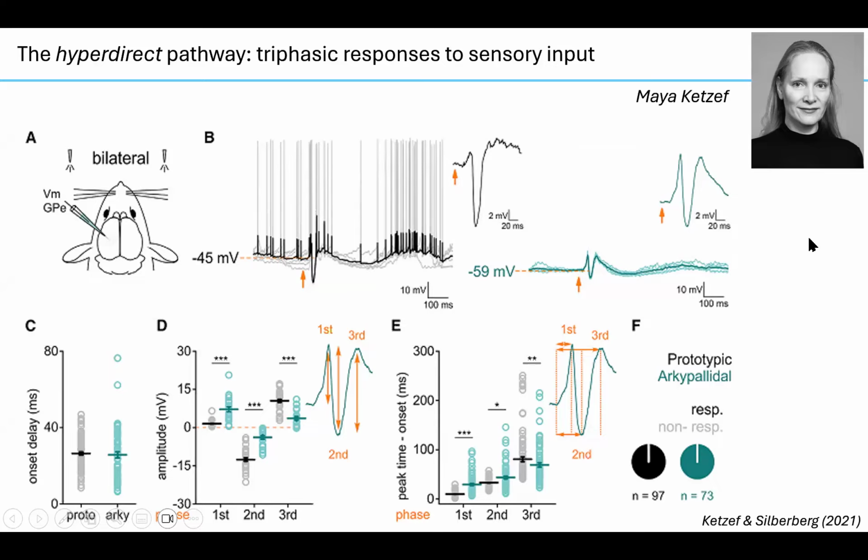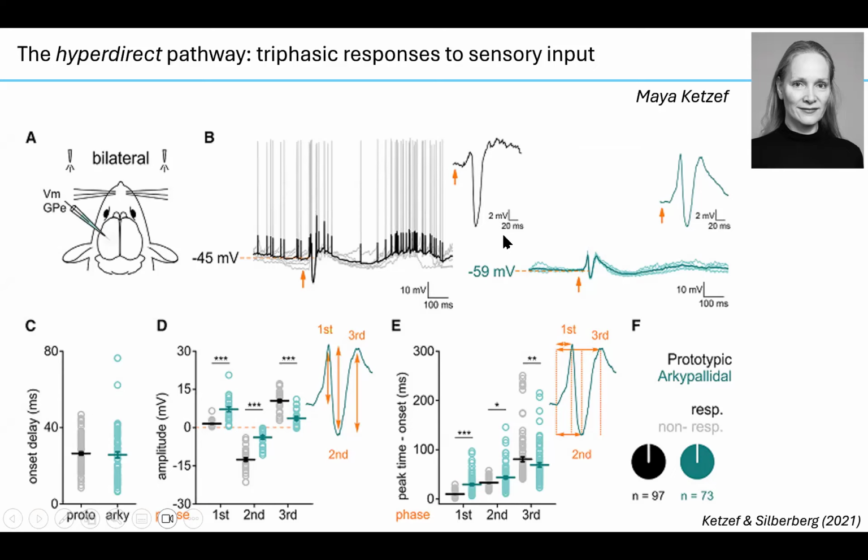So this work was done by Maya Ketzef. Again, we provide sensory input. She did even deeper whole cell recordings in the globus pallidus. And you see that when you stimulate with the whisker stimulation, we get this typical triphasic responses in different cell types in the GPe. They all responded to this